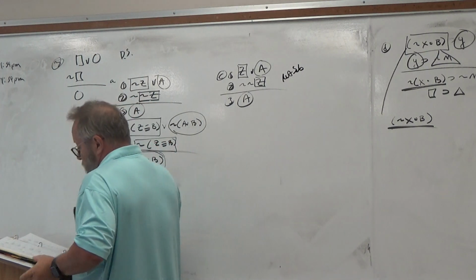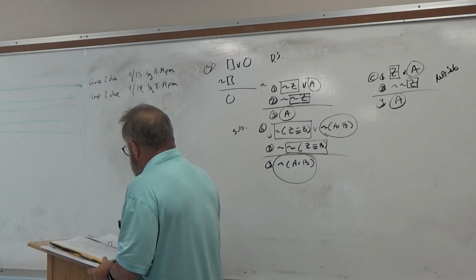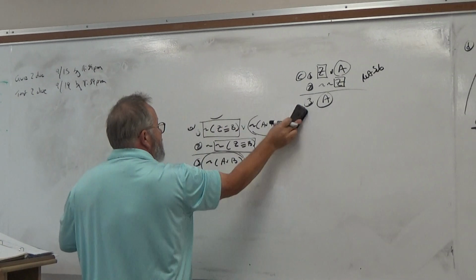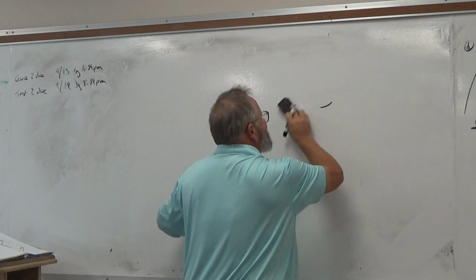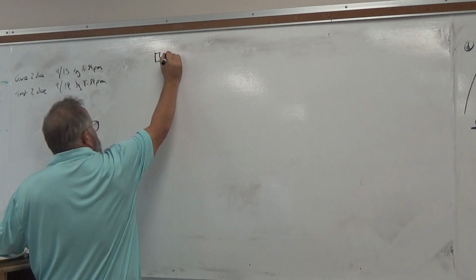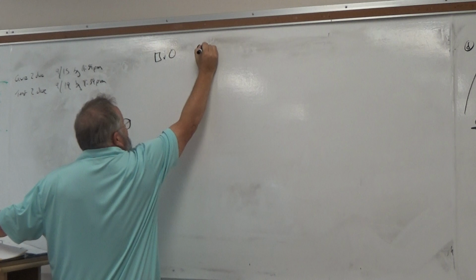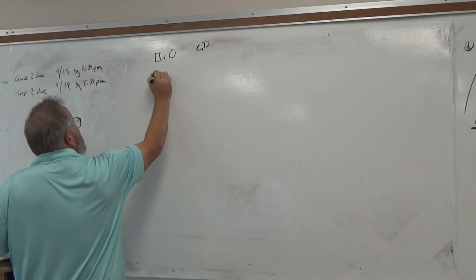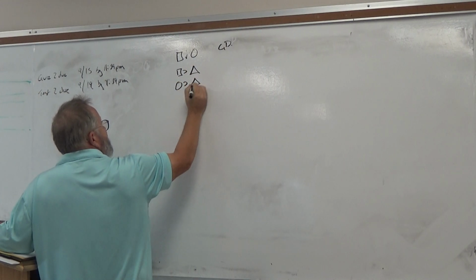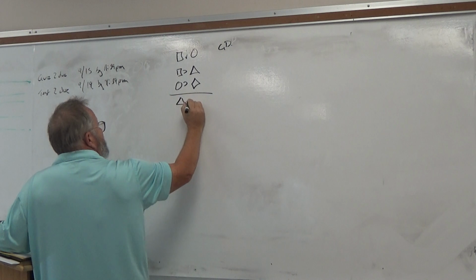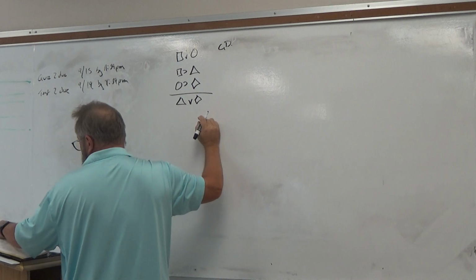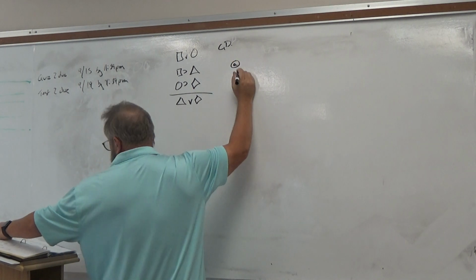Okay, so that was 3. Let me go to 5. So we can do something a little bit more difficult. We have this argument form, box or circle, which is called constructive dilemma. Box or circle, if box, then triangle, and if circle, then diamond. So we get triangle or a diamond. That's constructive dilemma. Okay. So